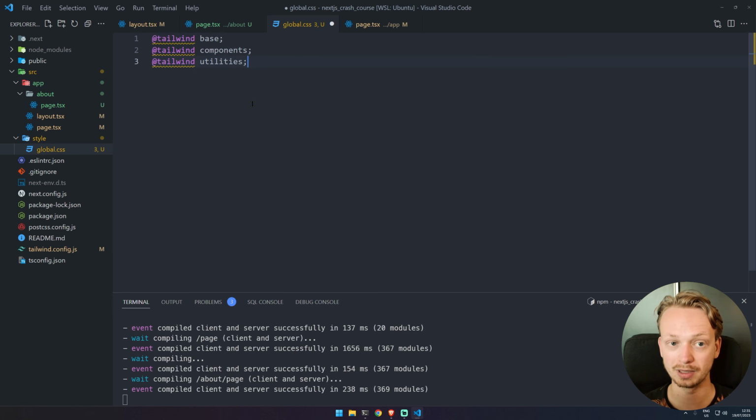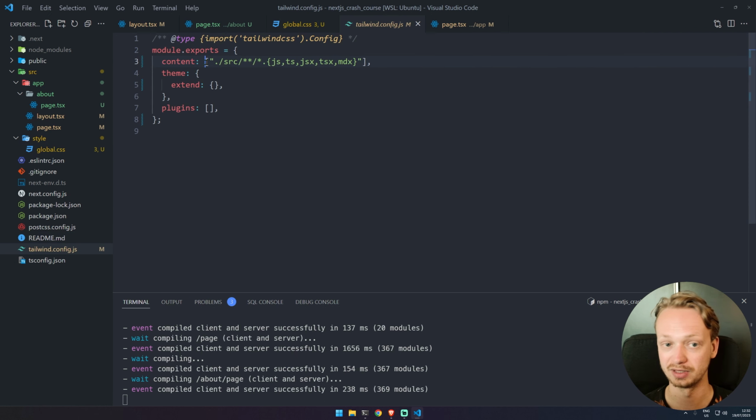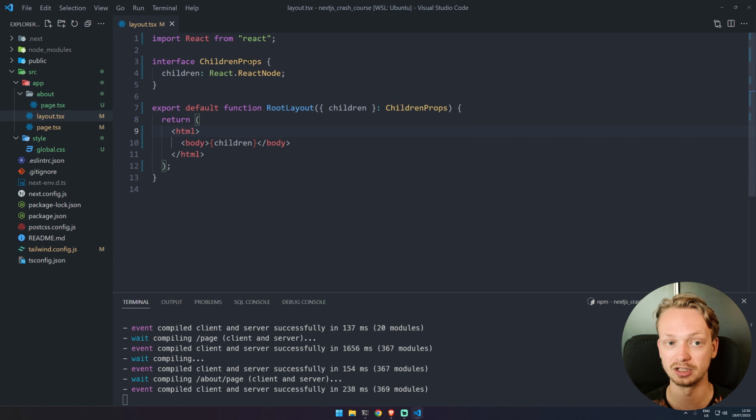These are all of the generated classes that Tailwind will generate when it is reading my classes in my HTML or in any of the files that we have defined here. So basically anything in the source folder. And it's basically cloning all of those classes and adding them to this global file. So all we now have to do is make sure that this global file is always added